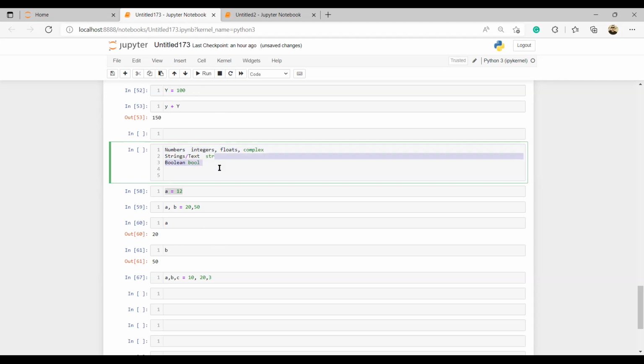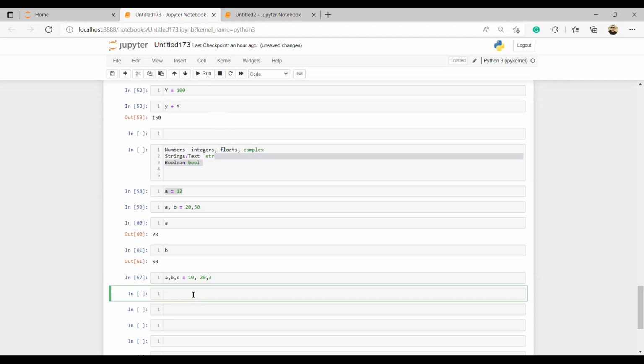When we talk about data structure, for example, we have been saying A is equal to 10, isn't it? But sometimes this A can take more than one value.